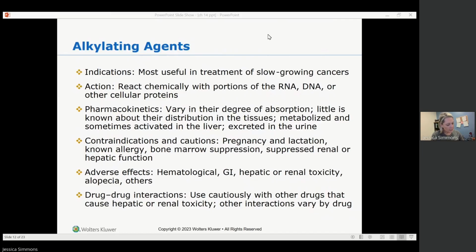So a big complication would be bone marrow suppression. Almost all of your anti-neoplastics are going to cause bone marrow suppression. When we have bone marrow suppression, we have immunocompromisation. Okay. When your patient is immune compromised, they're more at risk for infection, whether that's viral, bacterial, fungal, it doesn't matter. They are at a higher risk for infection in general overall.